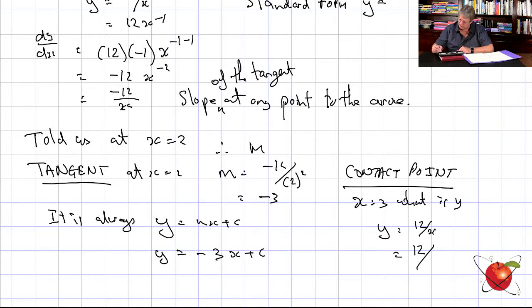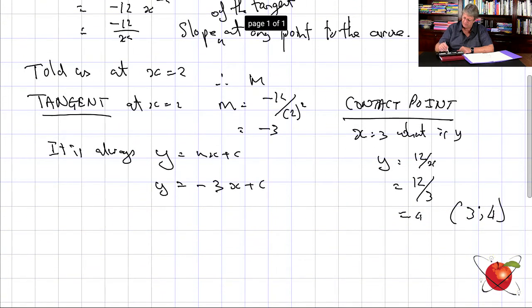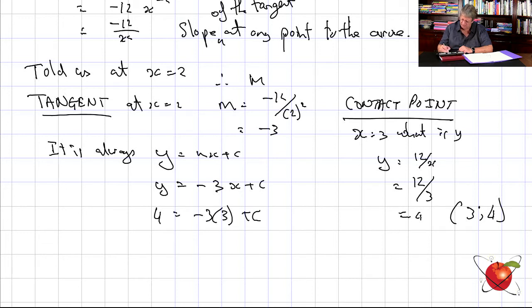So it's going to be 12 over 3, which is 4. Therefore, my contact point is 3 and 4. Pretty straightforward. Next step is we put that back in and we say 4 is equal to minus 3 times 3 plus c. This is going to be minus 9 plus c is 4. Therefore, c is going to be equal to,